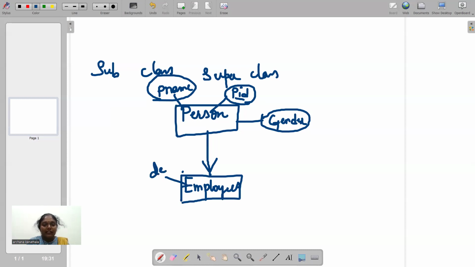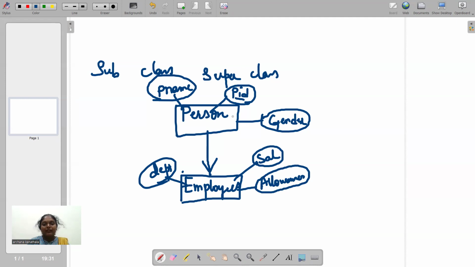Now, we just need to assign the employee specific information, that is, which department the employee is working in, what salary is given to the employee, and what additional allowances are offered. This is what is called reusage, reusing the existing entity and extending it to the further case.